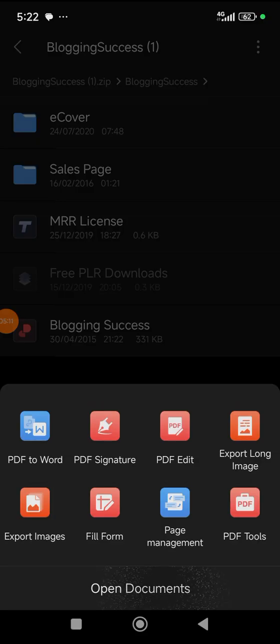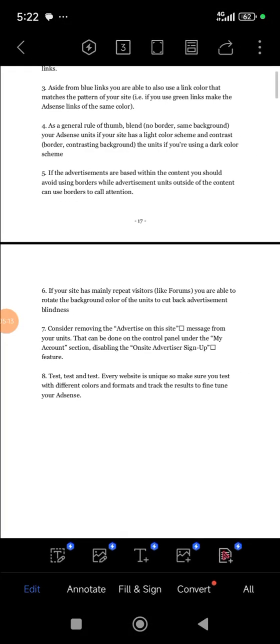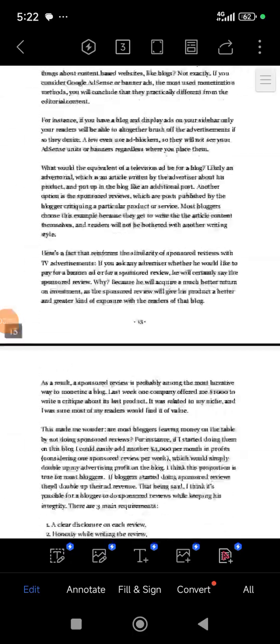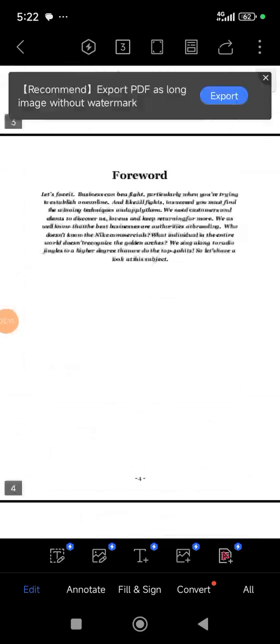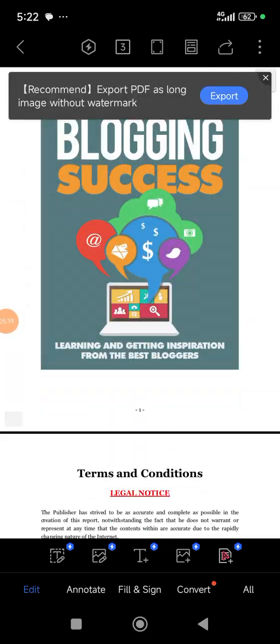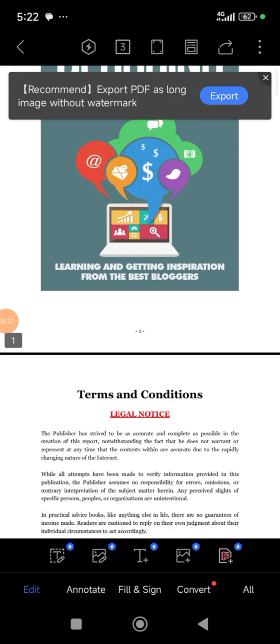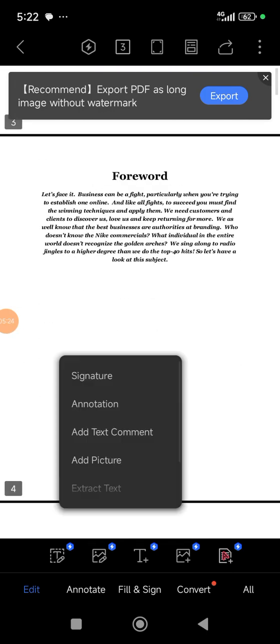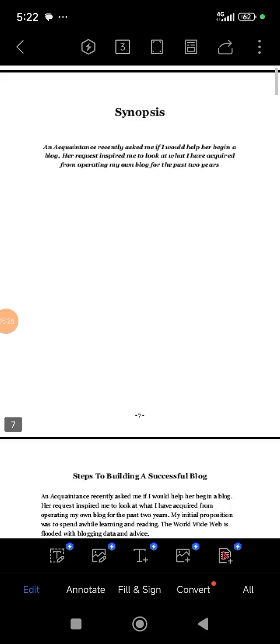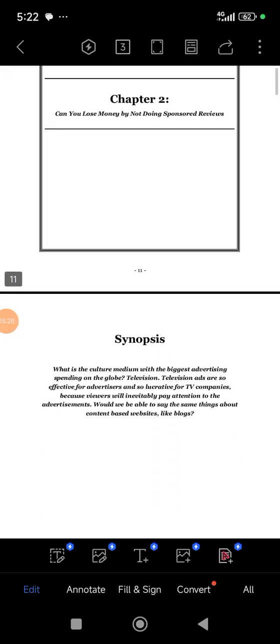All right, but let's just open the document first before I talk about the editing part of it. Now this is the ebook here, so you can just see through it. You see that it's a detailed book, not just crappy something you find around. All right, so you can just go through it. Now once you've seen the ebook, the next step here now is rebranding and customizing, or